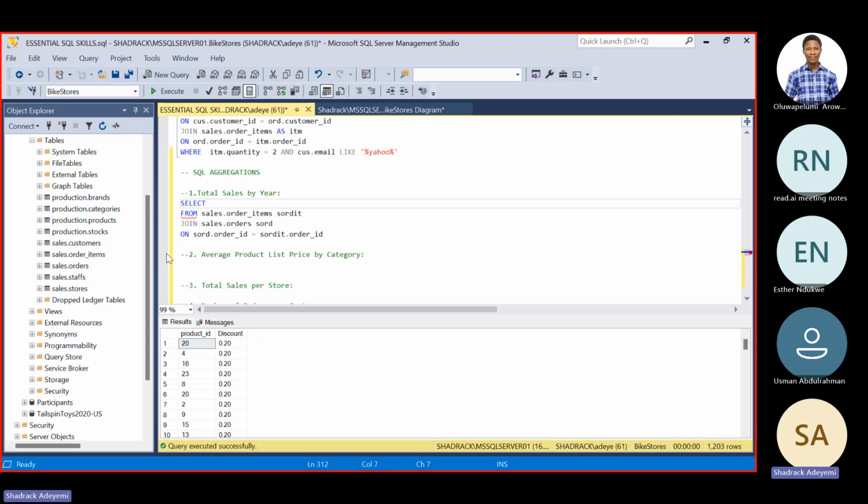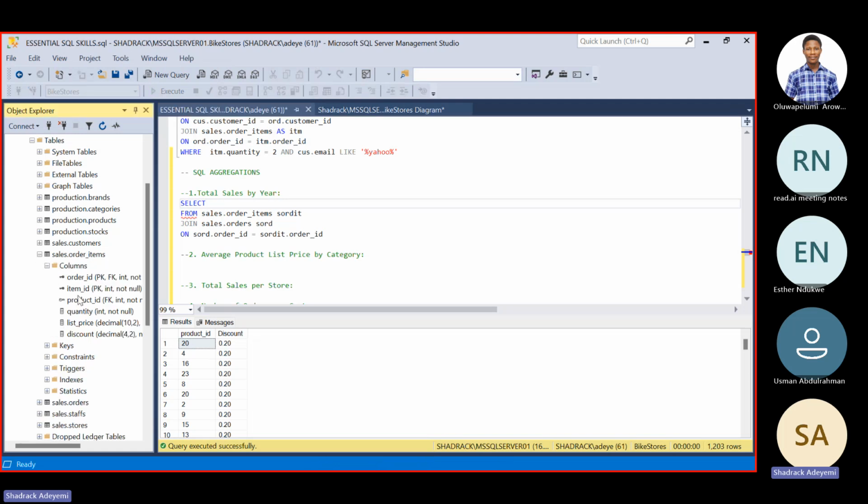Then if I do a quick check on the order ID in the sales order table and the sales order item table, I can see the columns are present in it. I am interested in the list price, which I would assume to be the sales amount or total sales.